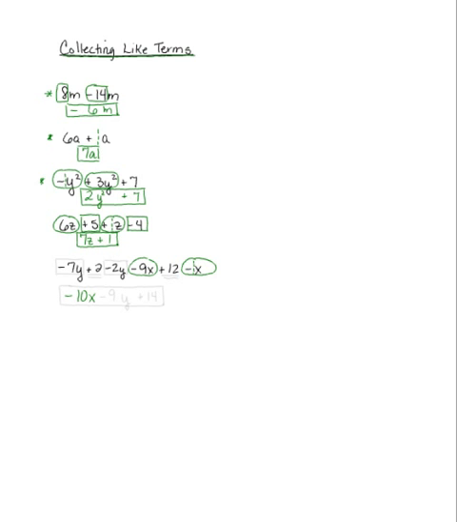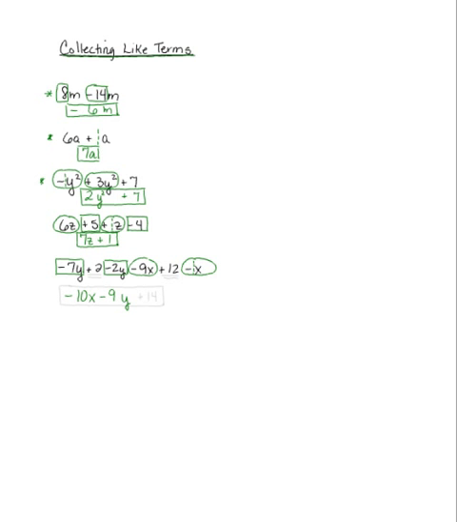Then we're going to look at our y's, and we're going to box in our y's. So I have negative 7y, and I've got a negative 2y. Keep in mind that the sign to its left belongs to the number. The y is the label. They're both negative, so I have a -2 and a -7, which gives me a total of -9. So I have -9y when I deal with my y's.